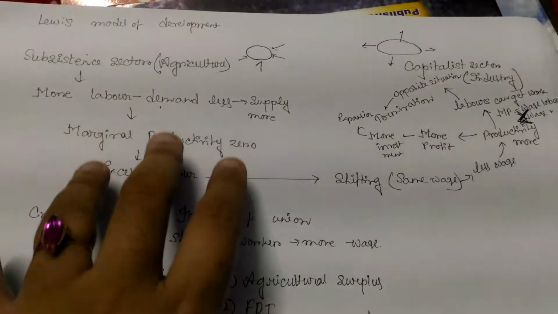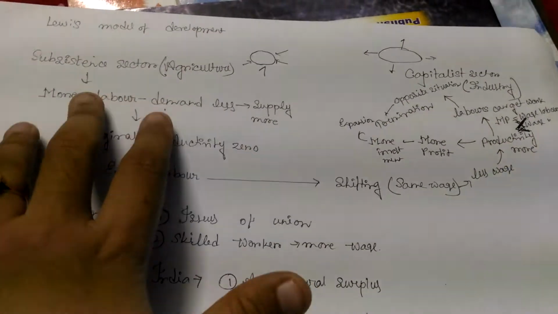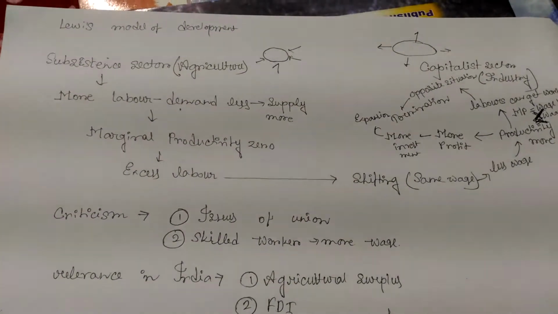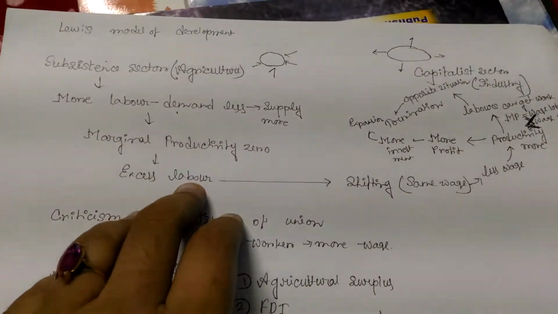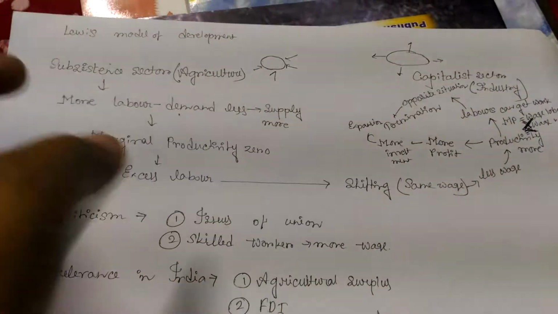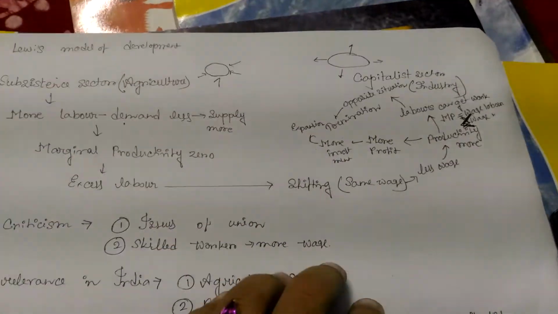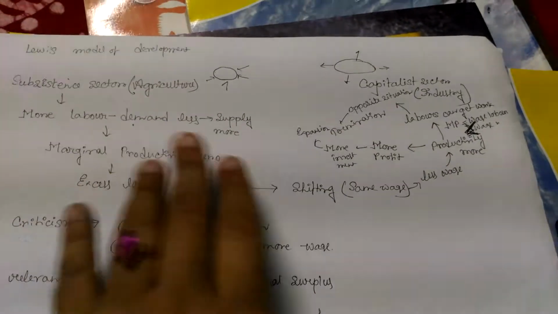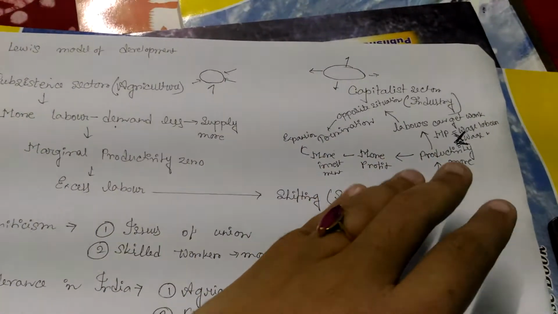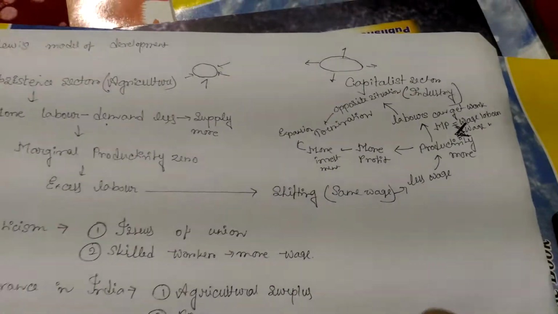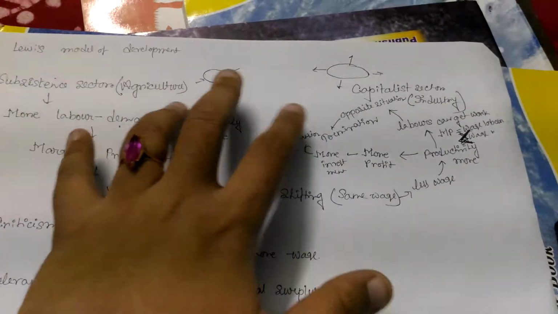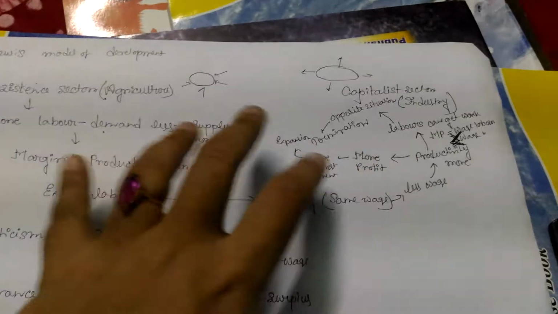Because in India we have an agricultural sector, and it's a subsistence sector, so we have lots of unskilled labor there. And that's why they have a problem of unemployment, and they have been working as industrial labor, shifting from this sector to that sector. But when they ask that we need more wage, suddenly the industrialists start to terminate them, and again the problem of unemployment comes to them.